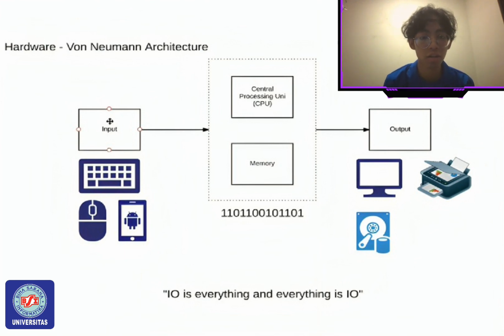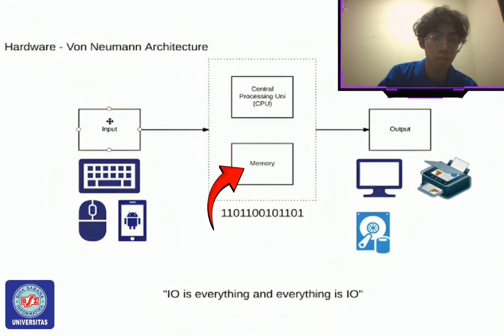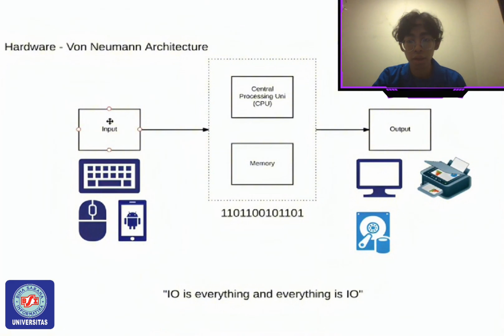That input then goes into the computer, which consists of two major components. One is the central processing unit. The central processing unit is the brain of the computer that does all the calculation. It's doing the addition and the multiplication, and it's moving things around in memory. Next is the memory, which is internal storage in the computer. Memory is just storage that exists in the computer for the central processing unit, or the CPU, to work with when it's doing its computation.